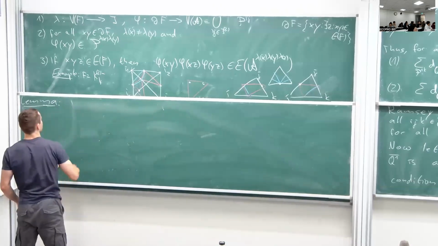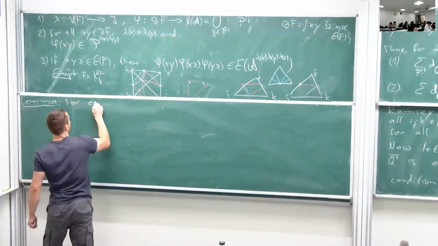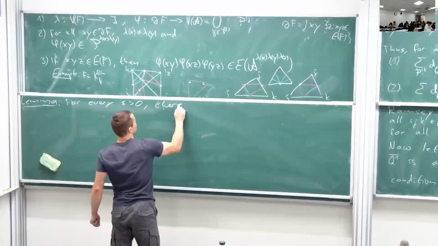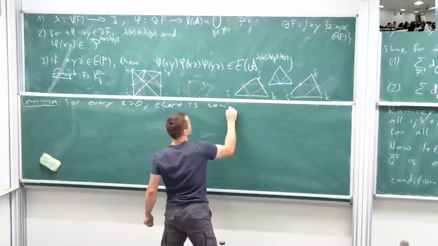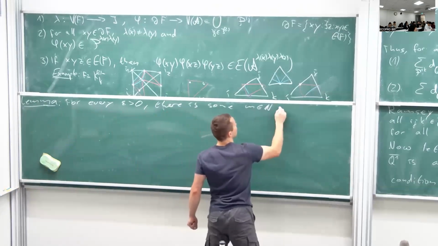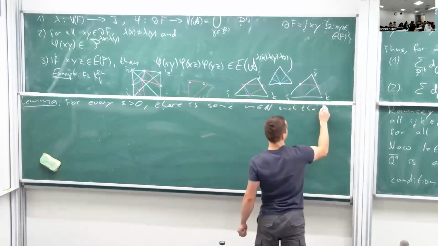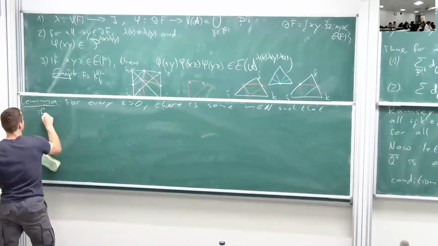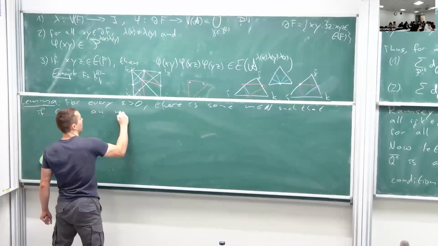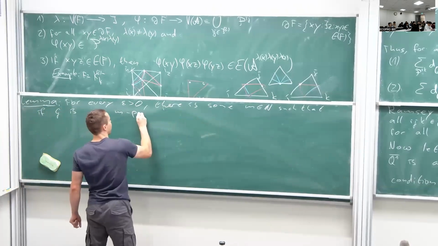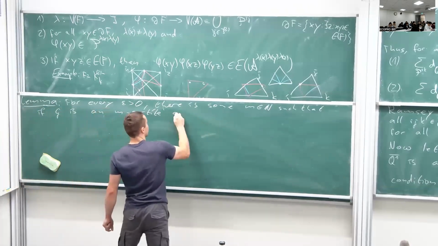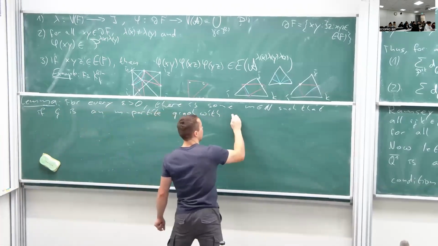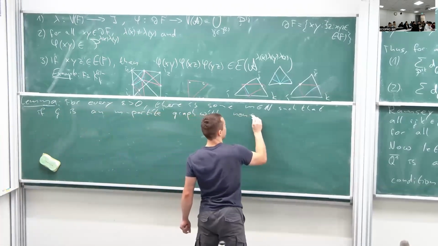Let's say for every epsilon greater than 0, there is some m such that if G is an m-partite graph with non-empty partition classes